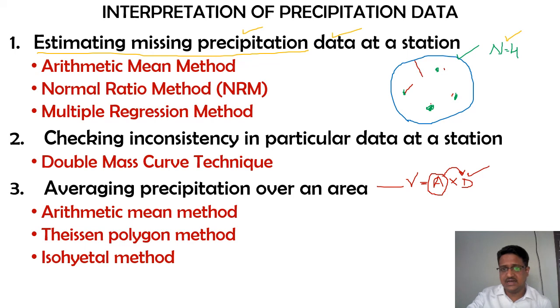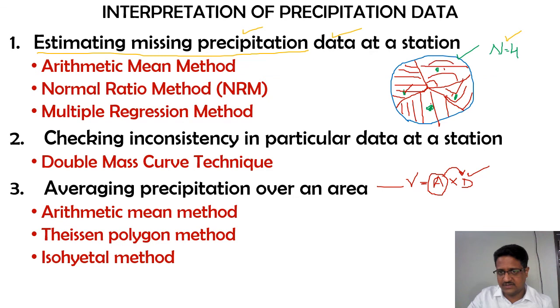Now imagine I have divided this entire catchment area into 4 groups. For each of these 4 areas, we need to calculate the effective area for each of these rain gauge stations. This is the second section, this is the third section, and this is the fourth section. Once I calculate all these effective areas, then my total volume will be equal to what?